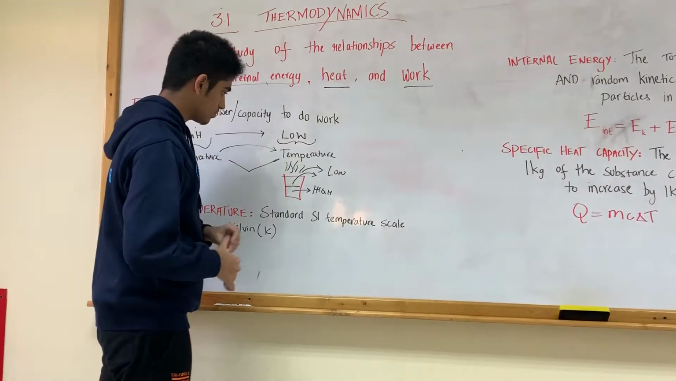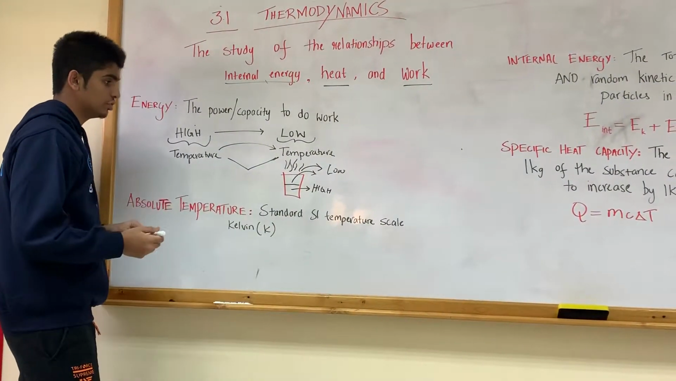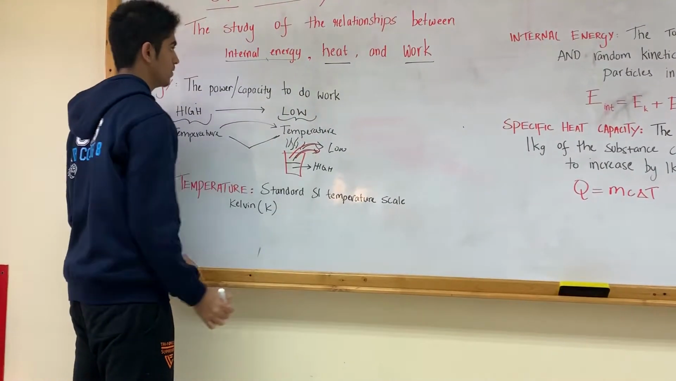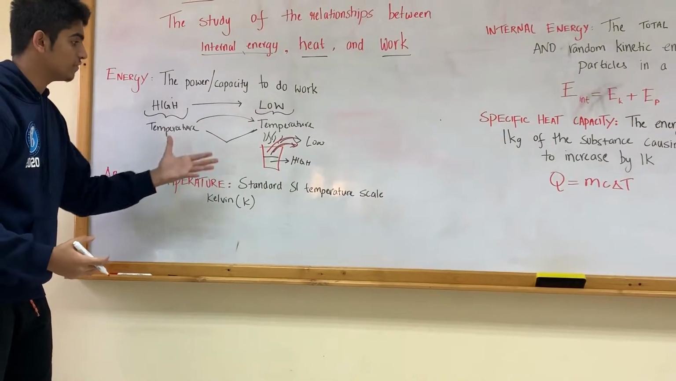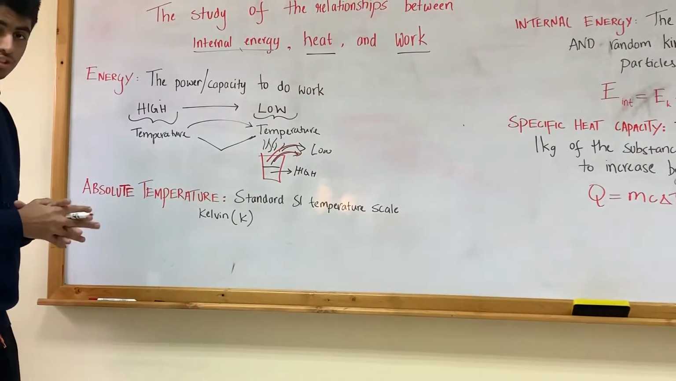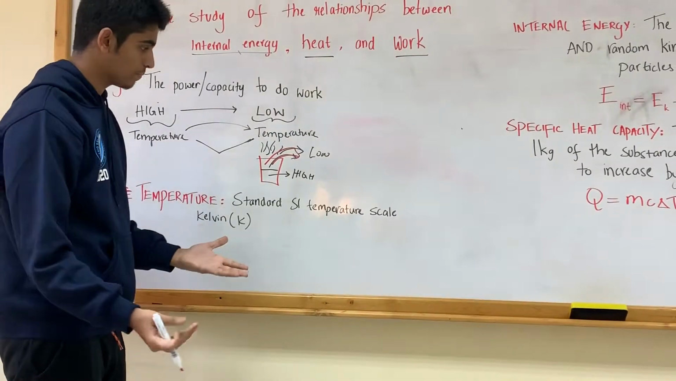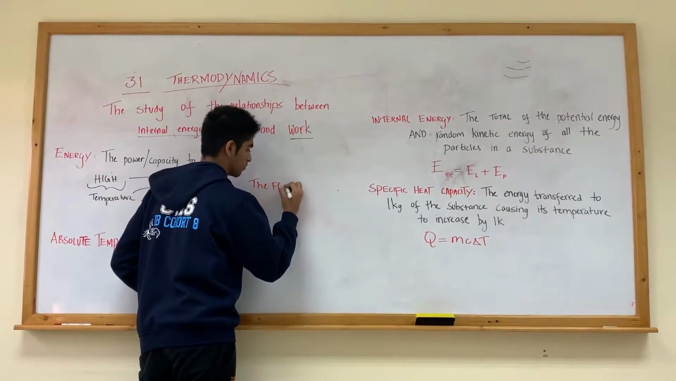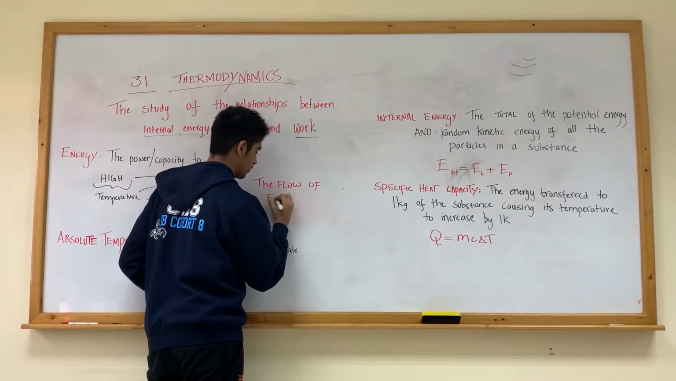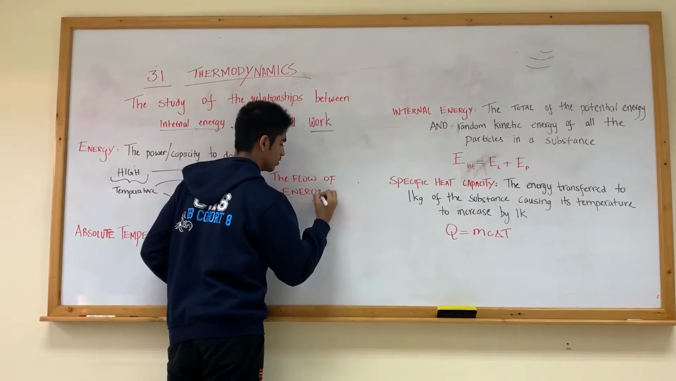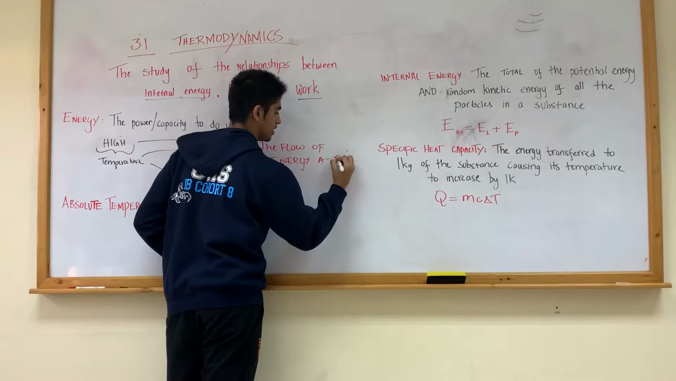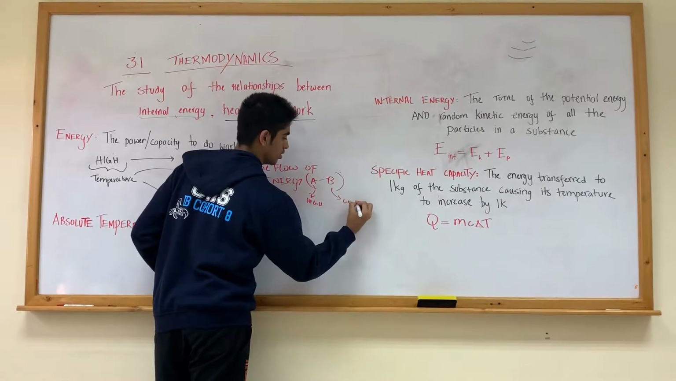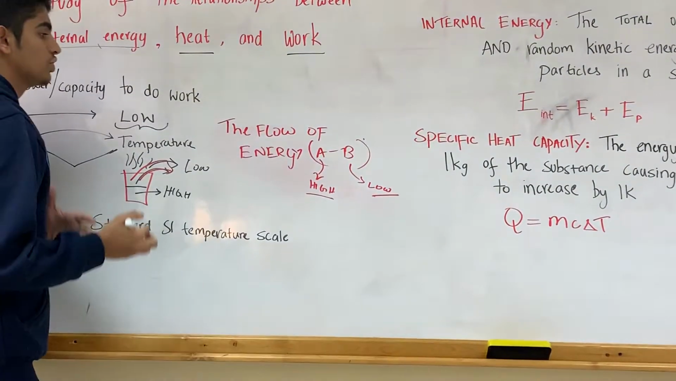But now, the key concept behind this is the concentration. And the concentration changes once it starts flowing from one place to another. And this flow of energy from a high concentration to a lower concentration is called heat. Heat is defined as the flow of energy from one place to another, A to B. High concentration, low concentration. High temperature, low temperature. So this flow of energy